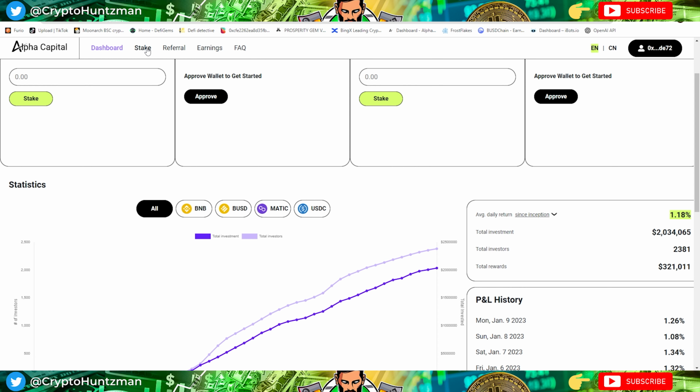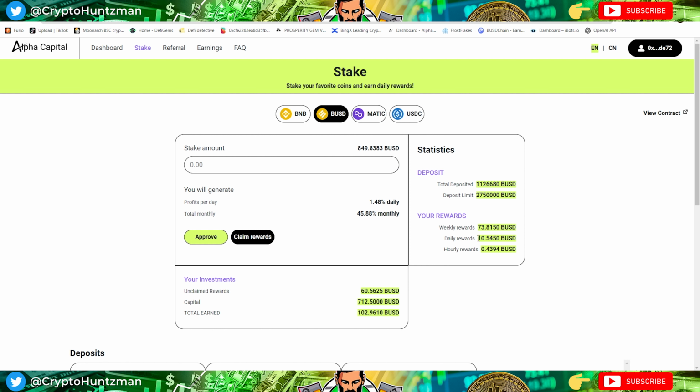So it's something to note for myself that I'm not earning the 10.50 a day. I'm earning, I think, 8 something a day. So I'm going to try and see if I can get this to update to the proper one. I was wondering why my unclaimed rewards are 60 when they should have been much higher, but obviously I'm at a lower percent. So again, I'm not earning the 10.54. I'm earning something like $8.20 or $8.40. So when I calculated it based on the 1.18%, I'm bang on where it should be.